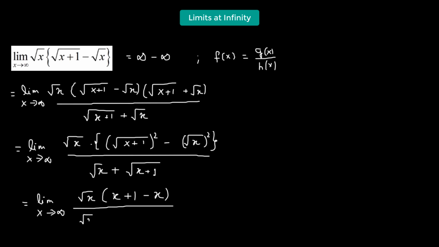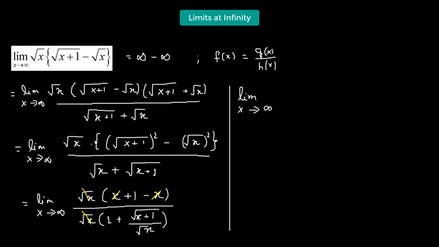So we are going to take square root of x as the common factor so that can be cancelled with the numerator. So we have 1 plus square root of x plus 1 over square root of x. So we can get rid of the square root of x from both the numerator and the denominator, and the x and negative x get cancelled out, and that leaves us with the limit as x approaches infinity. So we have 1 in the numerator divided by 1 plus square root of x plus 1